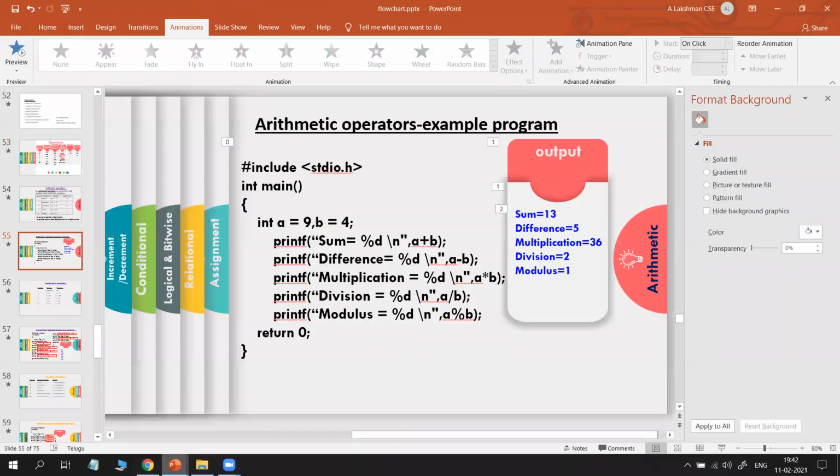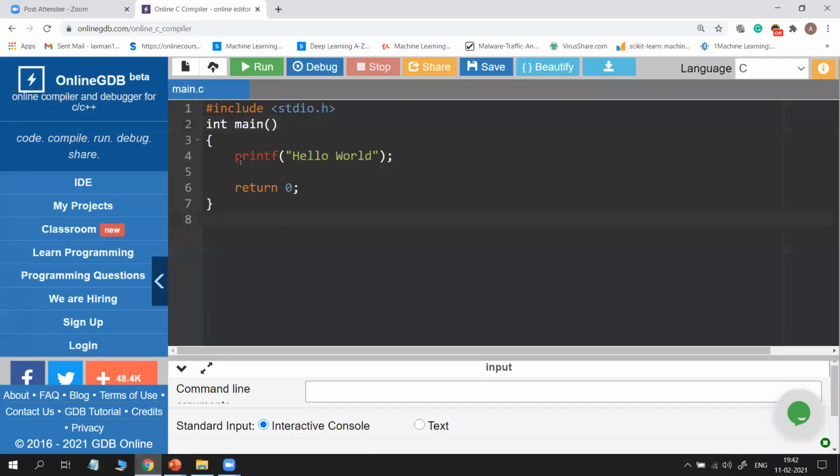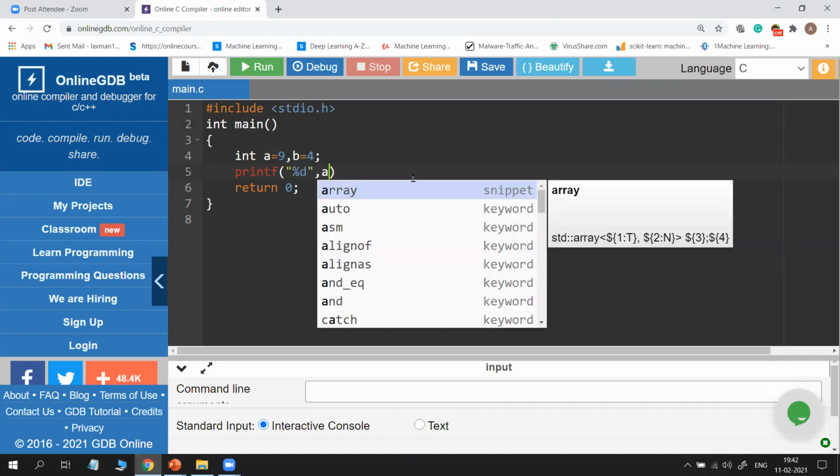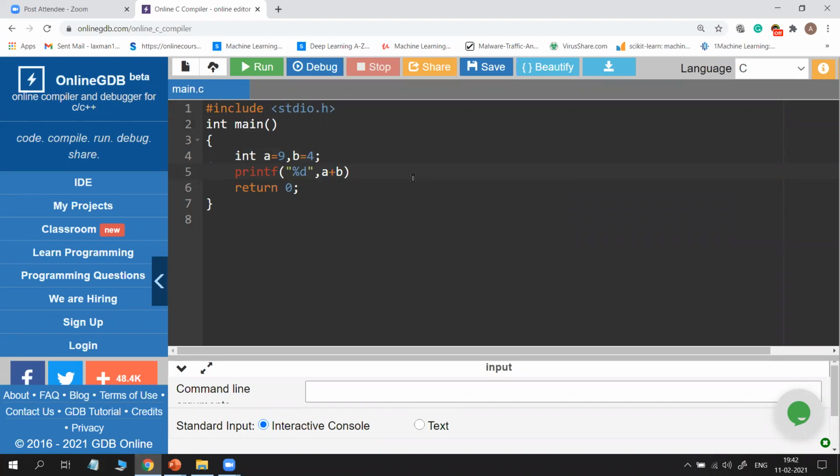Now I will try to show the execution. For example, I use the same variables: int a is equal to 9, b is equal to 4. And directly I am printing printf %d, comma a plus b. I'm not writing "sum is equal to" and so on, I am directly printing, with a \n.